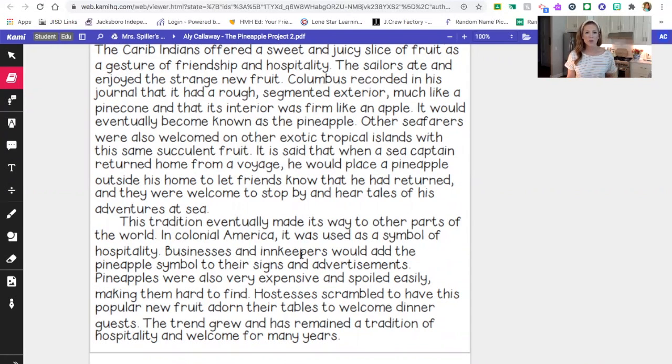Businesses and innkeepers would add the pineapple symbol to their signs and advertisements. Pineapples were also very expensive and spoiled easily, making them hard to find. Hostesses scrambled to have this popular new fruit adorn their tables to welcome dinner guests. The trend grew and has remained a tradition of hospitality and welcome for many years. All right, so